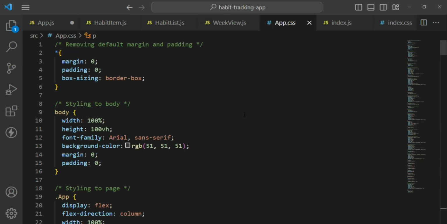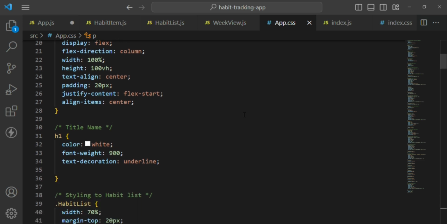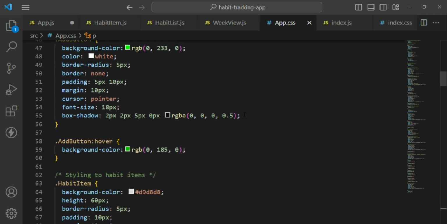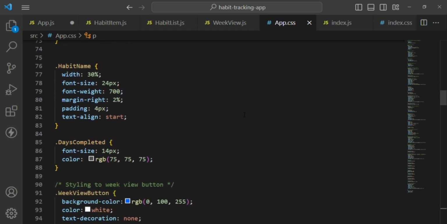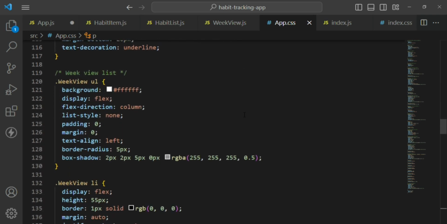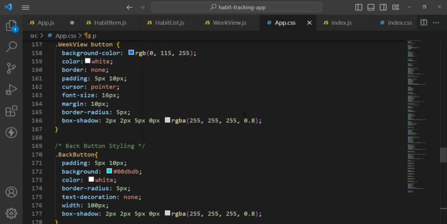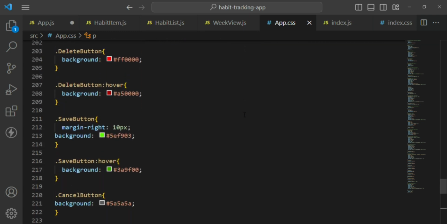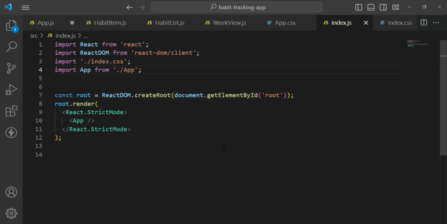This is the code of my app.css styling file. This is the code of my index.js file.